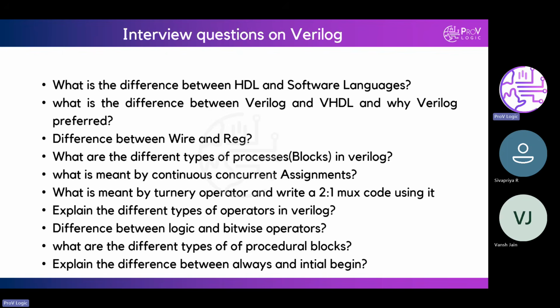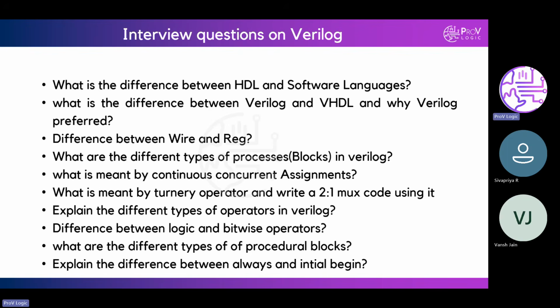See, for example, I'm writing code in a procedural block. Let's take a multiplexer. What should the left hand side of the procedural block be declared as? Did you get my question, guys? Can you repeat again? Sequential or combinational? It's a combinational multiplexer I'm writing, in a procedural block. In a procedural block, the left hand side should be reg, and the right hand side can be either reg or wire.